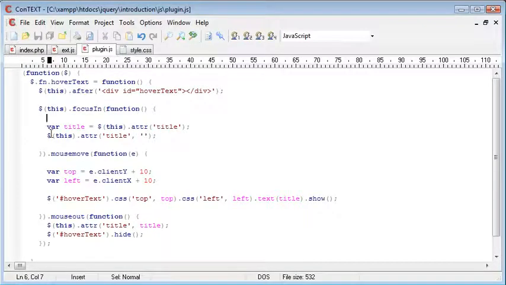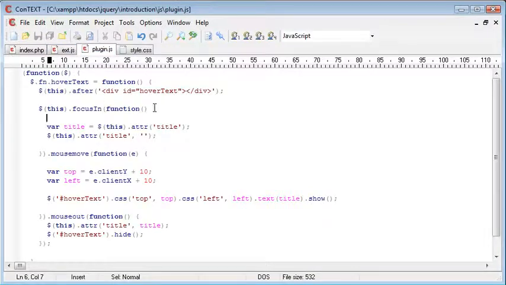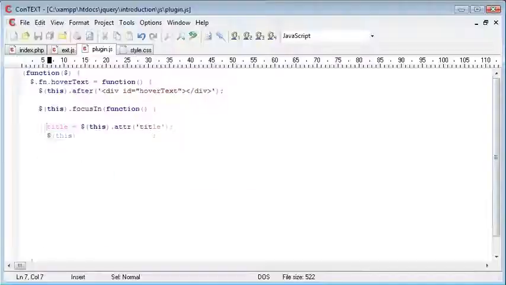So this dot focus in, which would be an a tag focus in function, we've got our function block there that lines up. Var title is equal to this dot attribute title, and then this dot attribute title is nothing, so we've already grabbed this variable beforehand. Then on mouse move, after we've focused in, we grab these and place the title in. That was all working, so it must be some sort of small logical error on my part. Let's try it without the var. No,